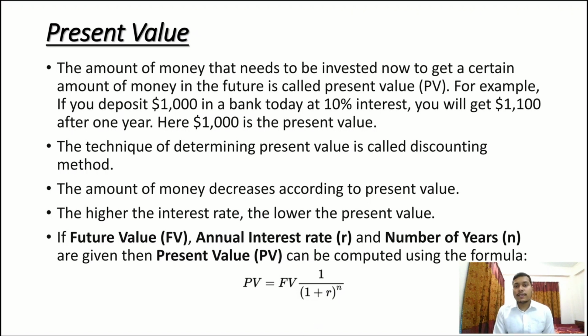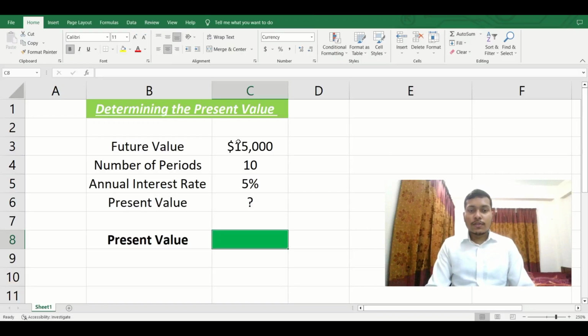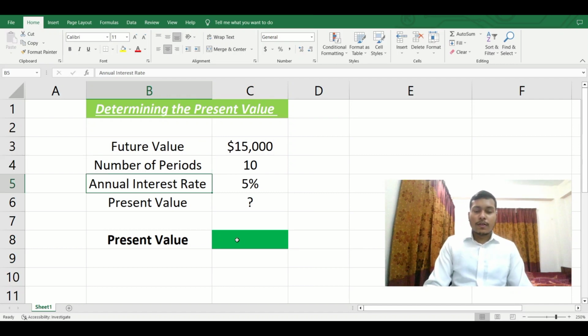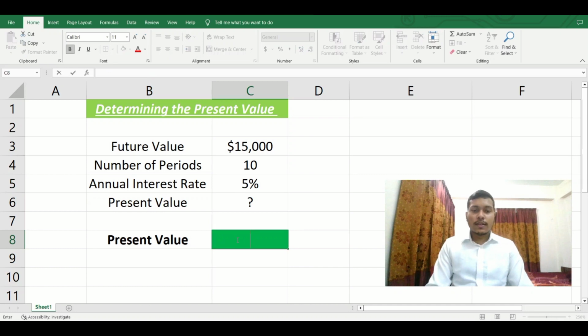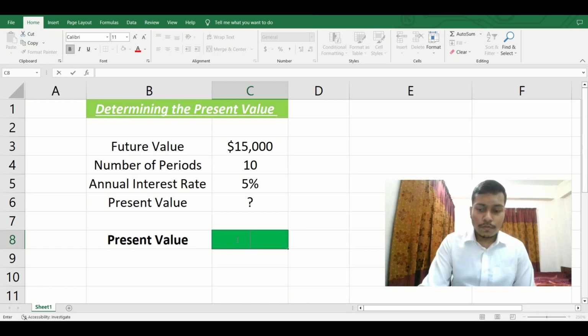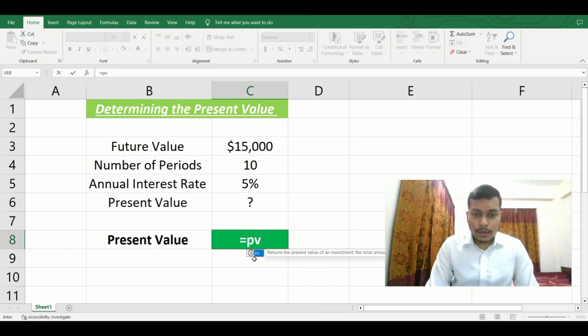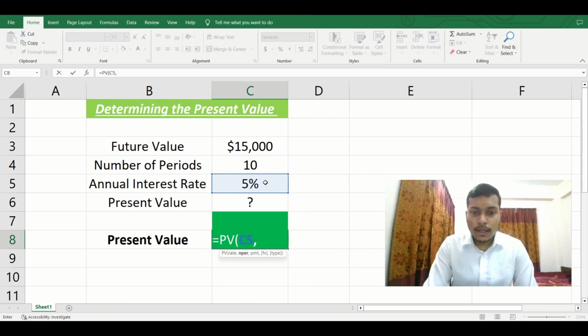Let's go to the Excel sheet to see a live demo. As you can see on the screen, future value, number of periods, and annual interest rate were provided. For computing present value with the given data, we need to put equal sign, type PV, double tap on it to see the formula. Then click on C5 cell for annual interest rate, put comma, then click on C4 cell